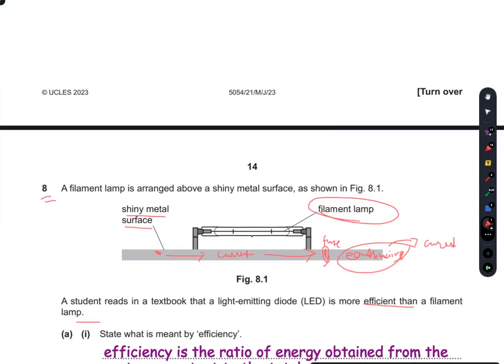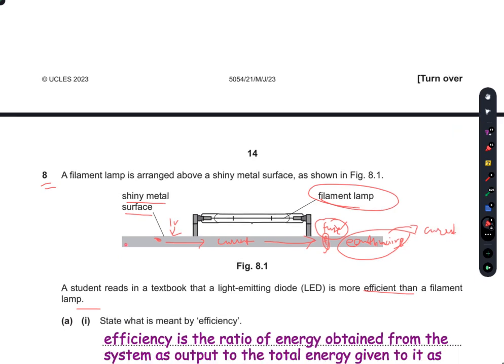So there is a fuse here, but there is not any fuse on the live wire and the neutral wire. So when the live wire touches this shiny metal surface, the current will start flowing in it, and the fuse will still blow, because the fuse is not sustainable to the amount of current passing through the earth wire. But because the live wire is in constant touch with the earth wire, the current will still flow through it, and if a person touches this shiny metal surface, he will get an electric shock.